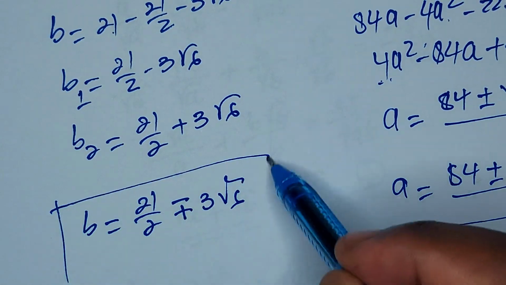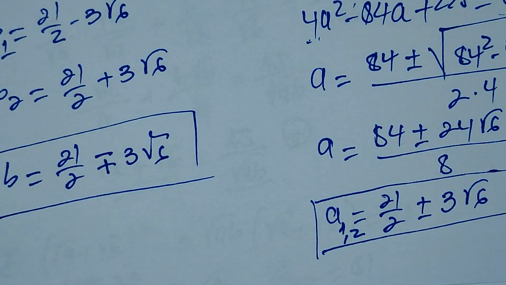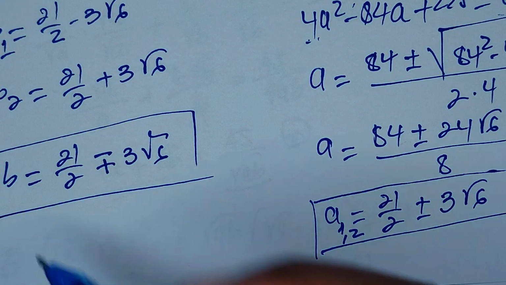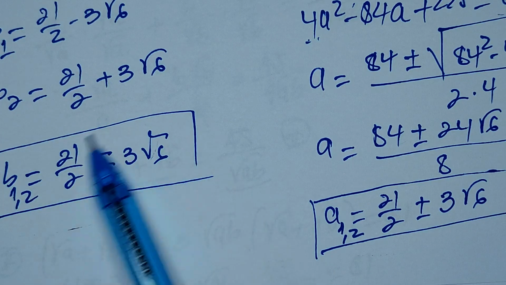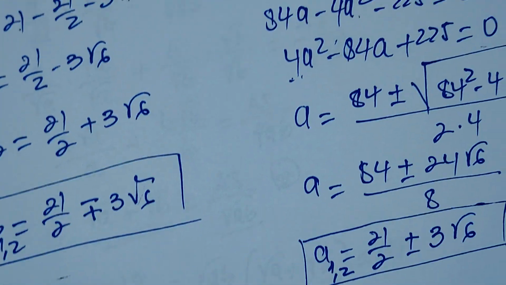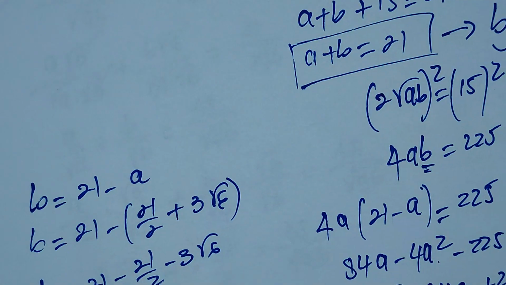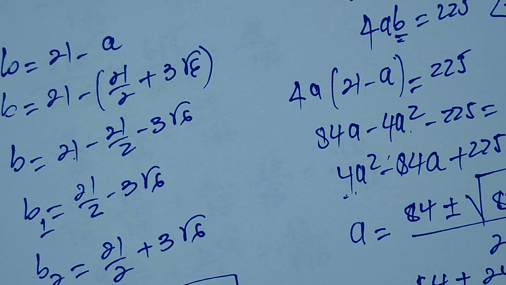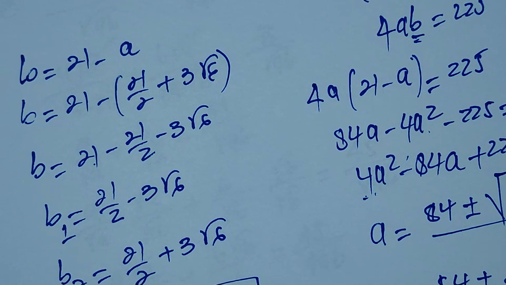Okay, guys, so we have here our solutions. This is B1 and B2. These are the values of A, and these are the values of B. Sorry for the video getting so long. I verified when I was solving this problem, and these solutions work. But I don't want the video to get too long, so maybe I'm gonna check the solutions for you guys